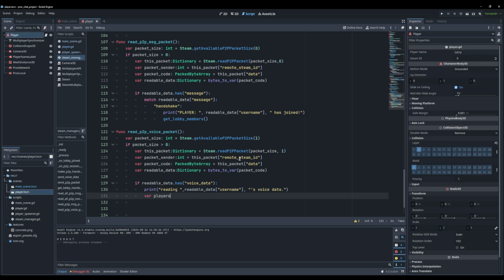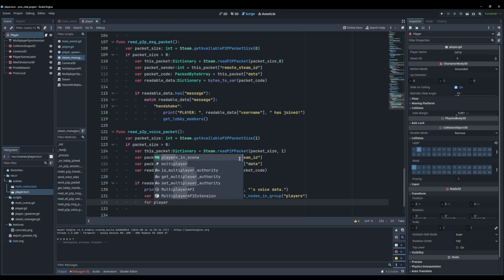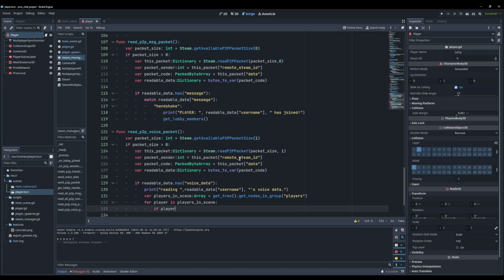So var players in scene, and so we're going to need to get a reference to all the players in the scene, and then we're going to want to send our voice data to that player. And we're talking about the actual instance of the player because the proximity chat is going to come from the player itself. So we're going to find that now. Those in group players. And then for player in players in scene, I'm going to need to check. So if player.steam ID equals packet sender, then